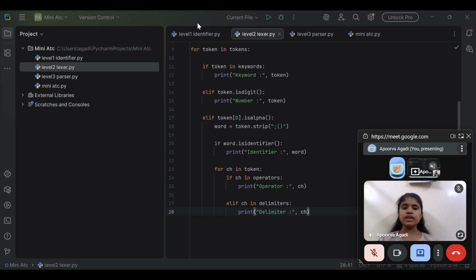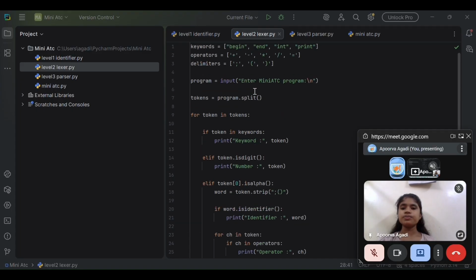Level 2 is the lexical analyzer. In Level 2, a lexical analyzer is implemented. A lexical analyzer identifies the keywords, identifiers, numbers, operators, and delimiters. Here the tokens are used. In keywords, we used begin, end, input, and print. And the operators are addition, subtraction, multiplication, division, and equal. And delimiters are